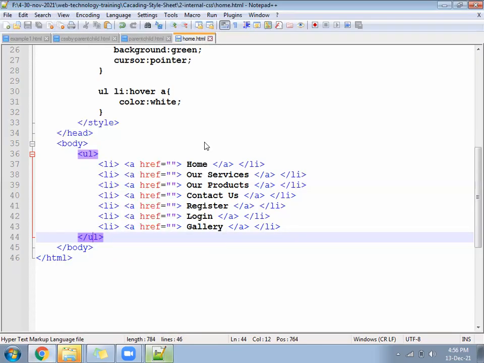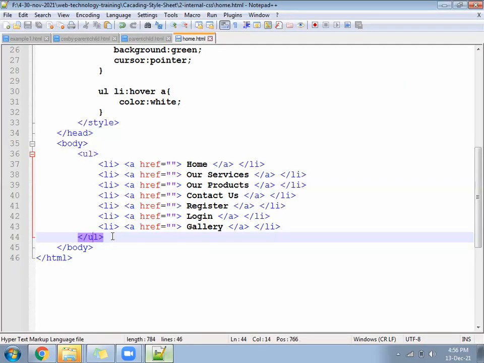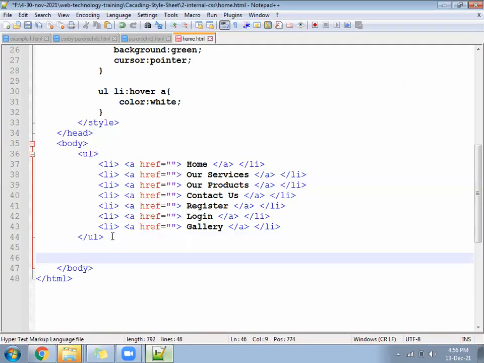Run like this. So your menus are menus only, let it be. After that, hope it looks like this. The home file, you are going to write the name here: home.html.